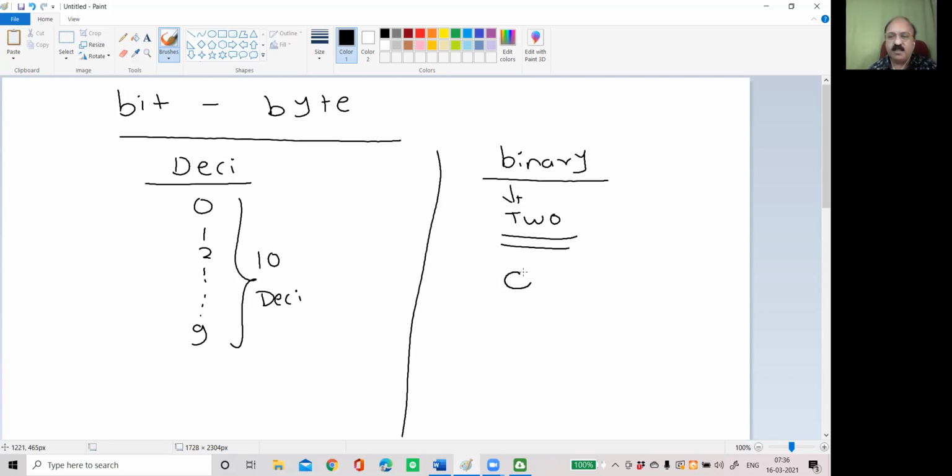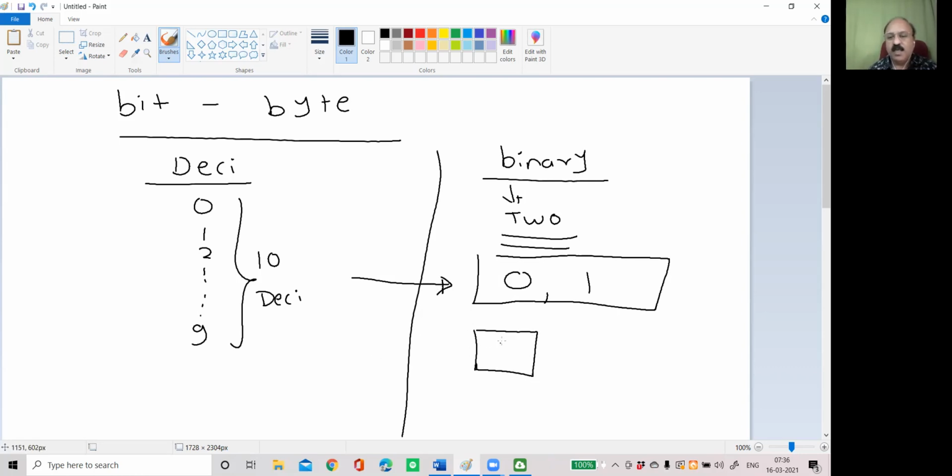So this binary number system contains only two digits, 0 or 1. So any number, 0, 1, 2, 3, 4, 5, any number, even if we give in our language, gets converted into the low level language, that is binary language, in the form of 0 and 1. So a digit in the binary number system is 1 or 0. Therefore, this is called bit. The long form of bit is binary digit.